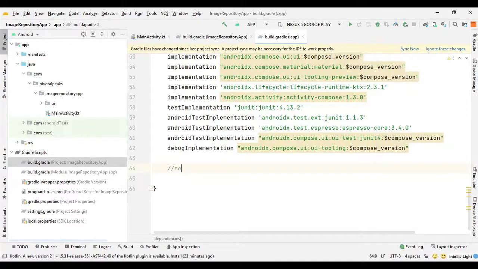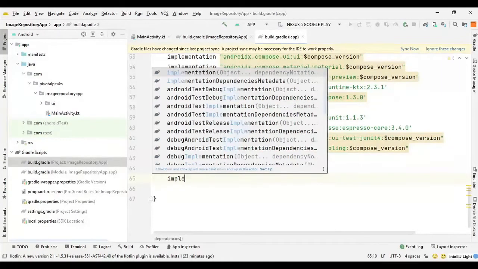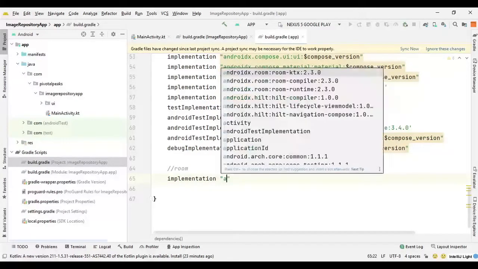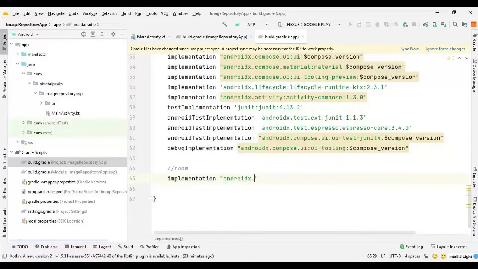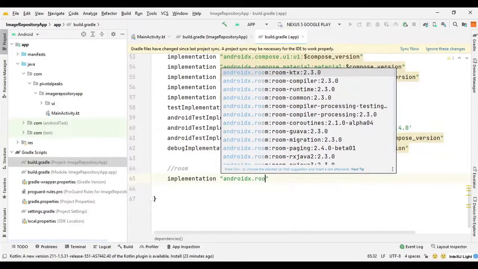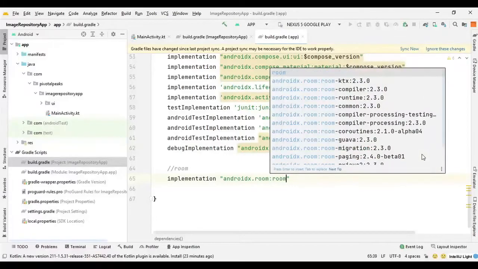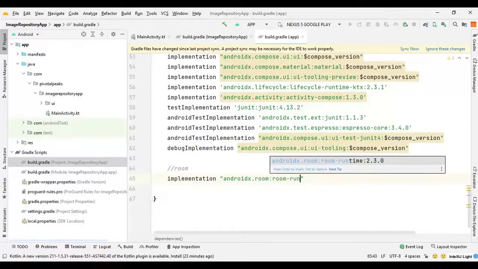Now we need to define the dependencies for Room in our app level build Gradle file. So I can type here room, and the first one is going to be the Android Room runtime, so I can say implementation, remove the small braces, androidx.room:room-runtime.